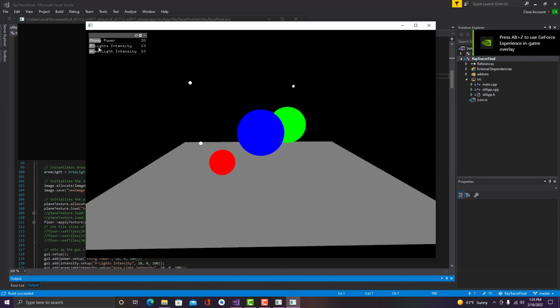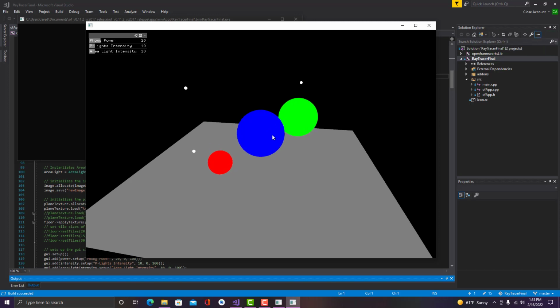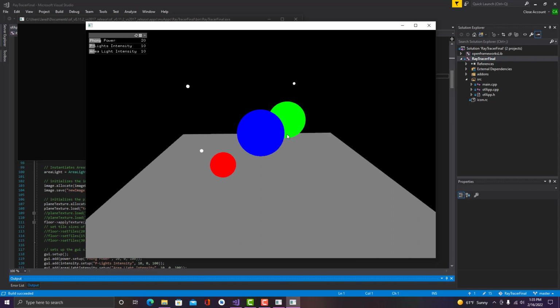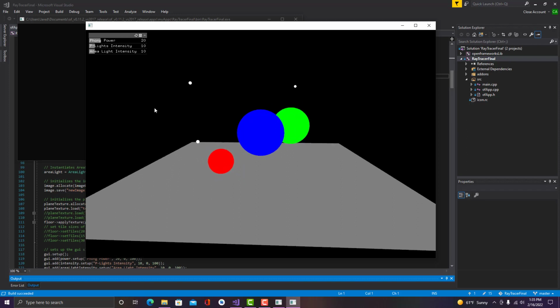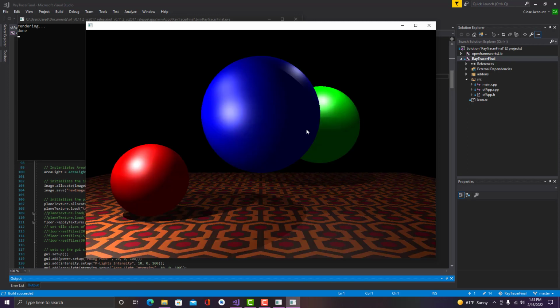So this tab right here controls our Phong power, the intensity of our point lights, and then we have an area light intensity, which I'll go over in just a second. So if I hit R, it will go ahead and render the scene, and if I hit P, I can preview the image. So as you can see here from this preview of the image, we have a textured floor,